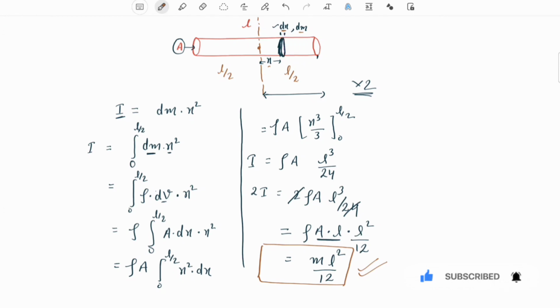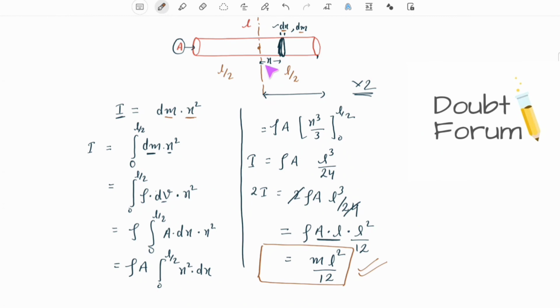D means very small. So moment of inertia of this very small particle or disk would be second moment of mass. So mass of the particle or disk multiplied by square of the distance from the axis, x square. And then we integrate, because the value of x would be 0 when the disk is located very close to axis, and the value of x would be L by 2 when the disk is located at a very distance away. So if we integrate, this would give us the sum of moment of inertia of all the disks from distance 0 to L by 2, but only for half of the cylinder.